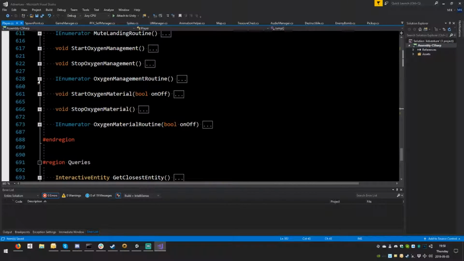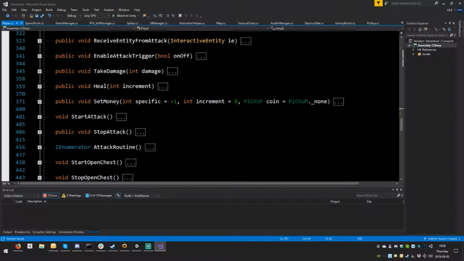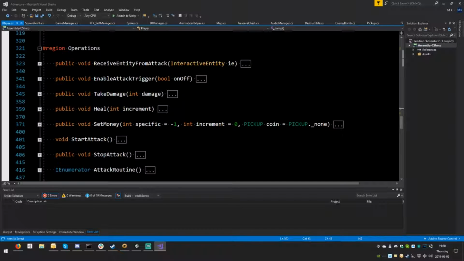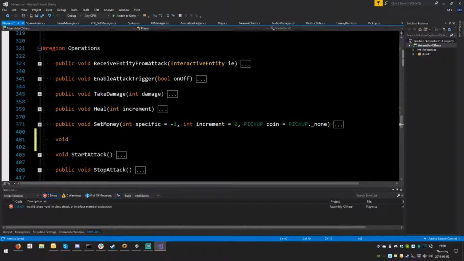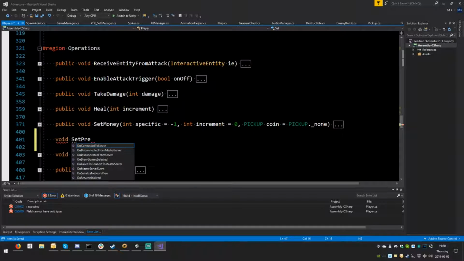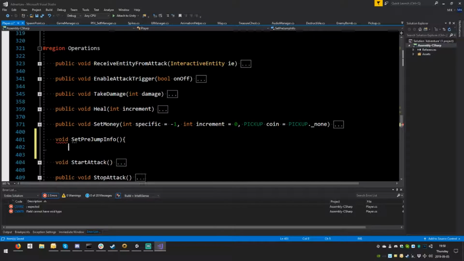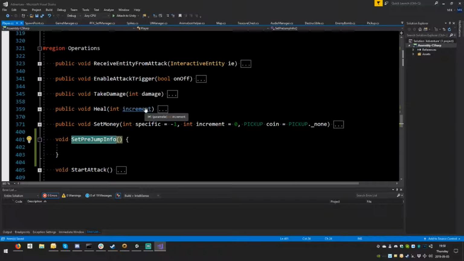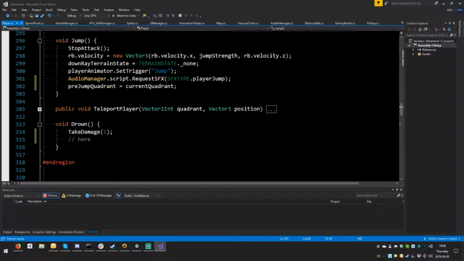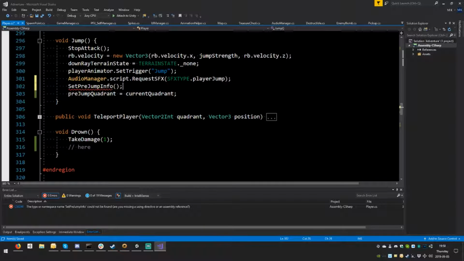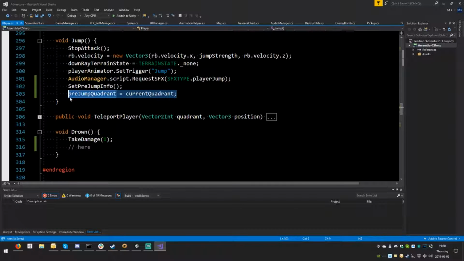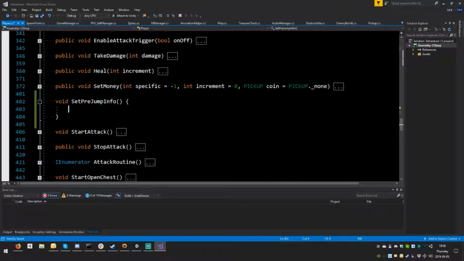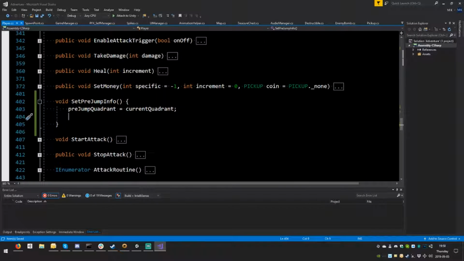Okay. So we're going to create, it's a bit inconsistent, but anyway, void set pre-jump info. Open close round, open a squiggle, close. Copy. Paste. Open close round, semicolon. Cut. Paste. And save. Now, I'm almost sure the map has a way for us to get information from a certain